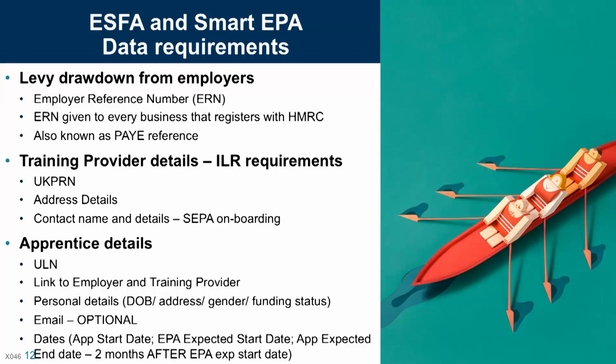So when we ask for all of this data, we need to enter the details of the employers onto Smart EPA. Then we need to enter the details of the training provider. The training provider gets linked to an employer or more than one employer. And only after we have entered the details of the employer and the training provider can we upload the details of the apprentice. So the data entry on Smart EPA needs to follow the sequence, without which we are not able to onboard the customer, i.e. the training provider, onto Smart EPA. So it's very, very essential that we collect this data. It's essential that you provide this data to us as soon as possible,